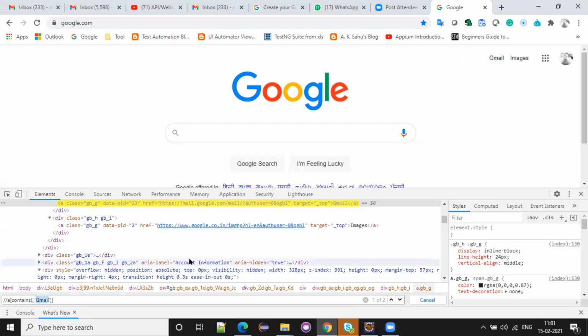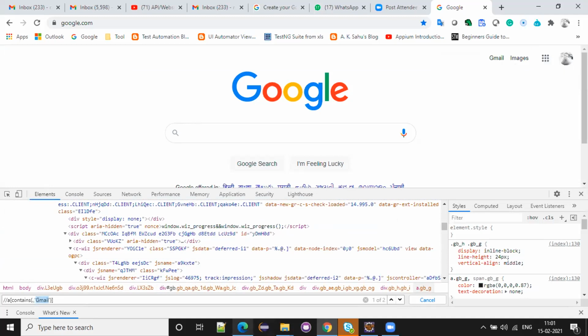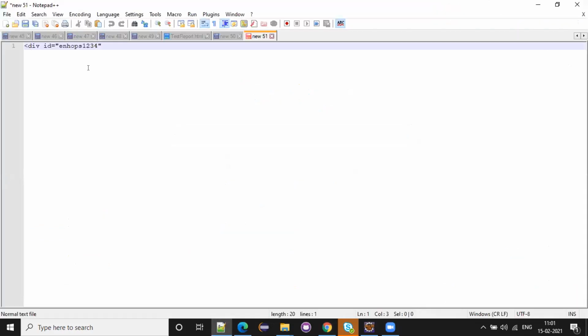Okay. So here you have one more good thing. Usually in interviews they will ask like this. See, there is a tag name div with id equal to nops1234. 1234 is not constant, it will change every time. How will you write the XPath?